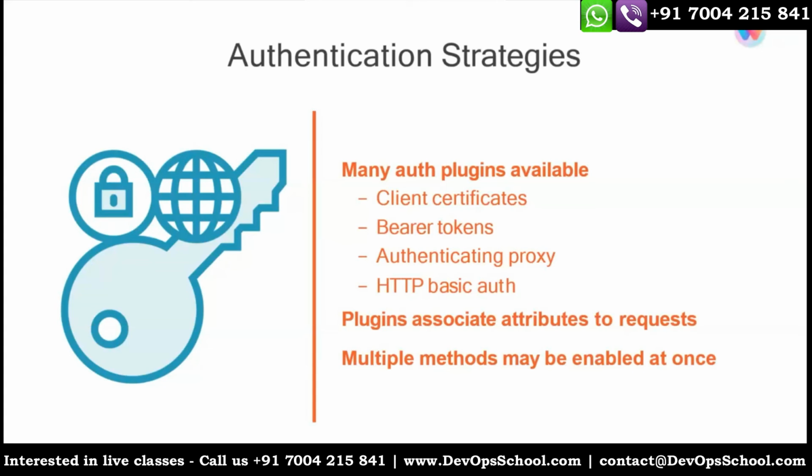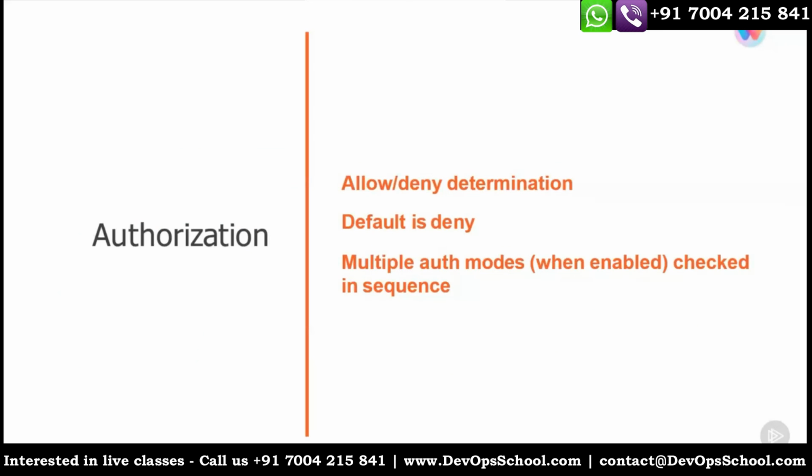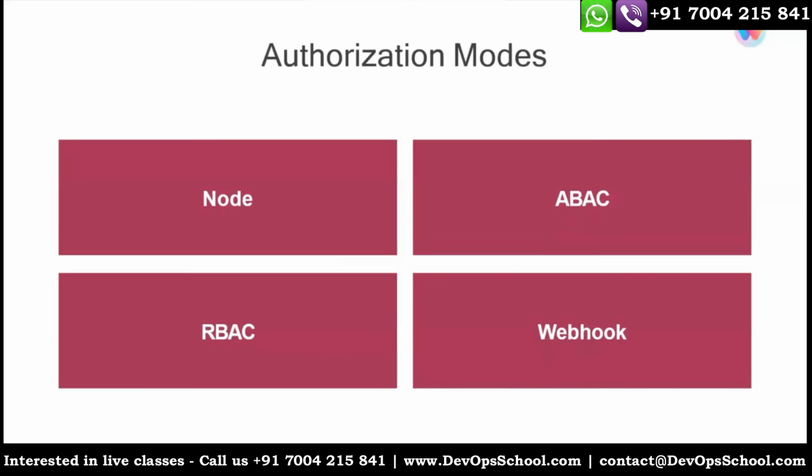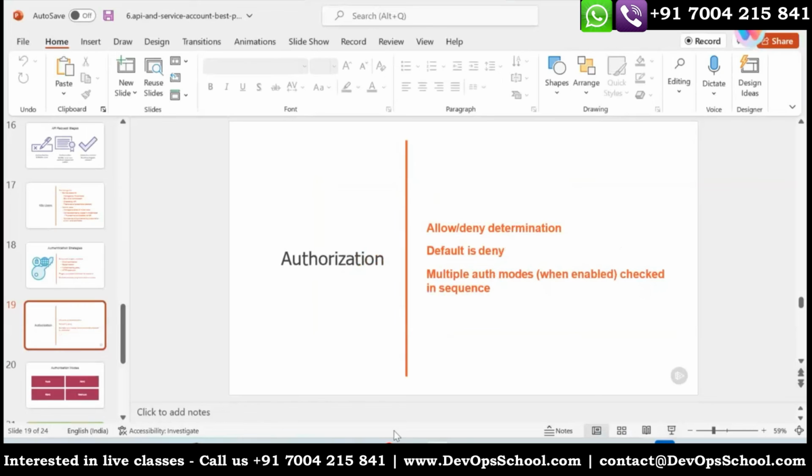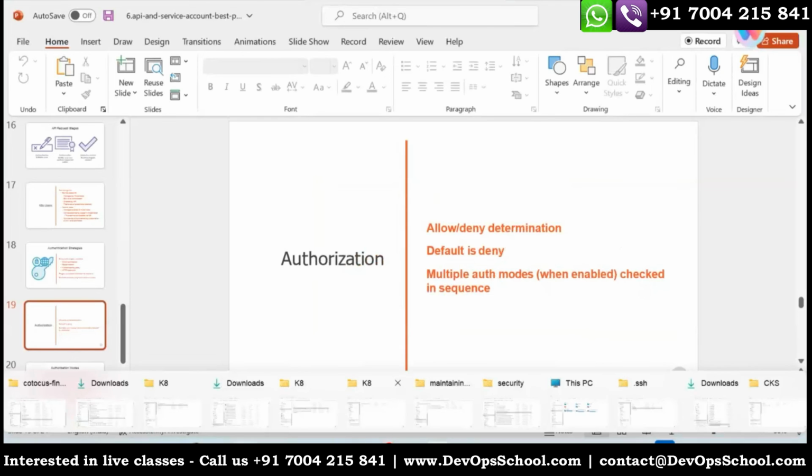Please try at least once in your offline environment. Plugins associated with the attributes to the request in multiple methods may be enabled at once. So authorization, anyways, RBAC and all we'll discuss a little bit later. This is the stuff which we'll discuss a little bit later. Okay. So any questions which you have so far? No. Okay. So let's do an assignment now, and the assignment is